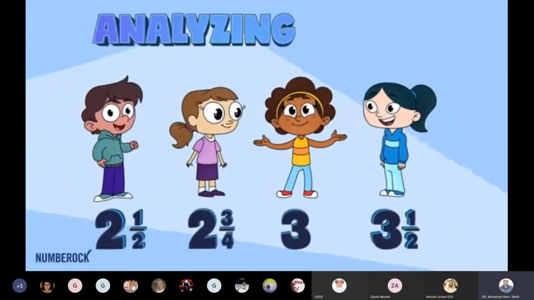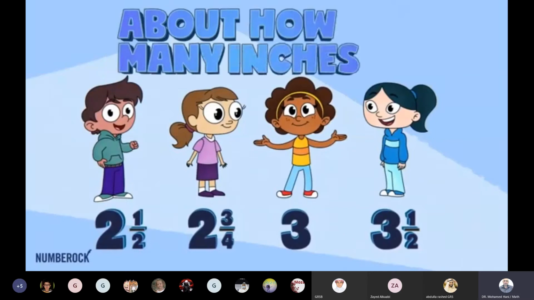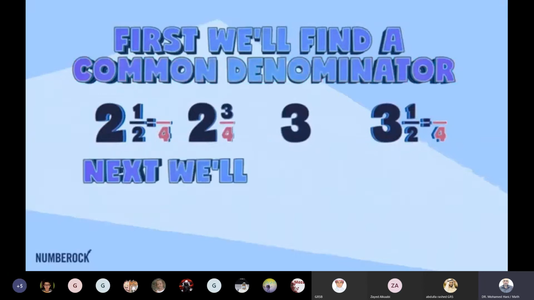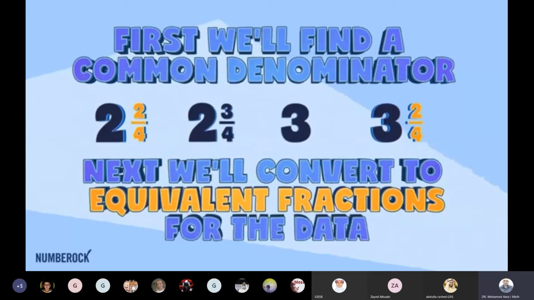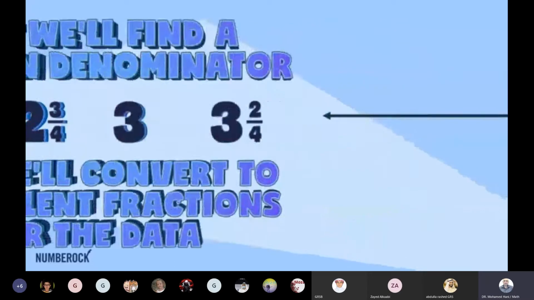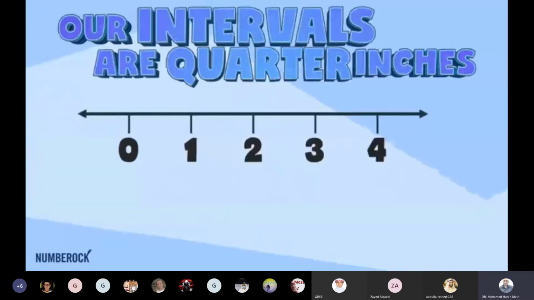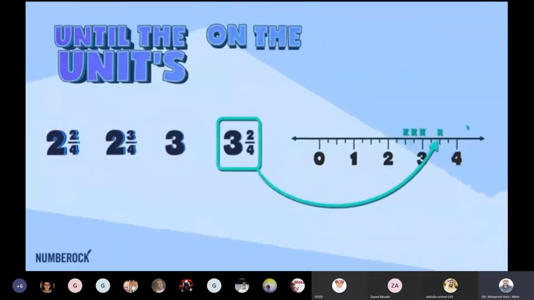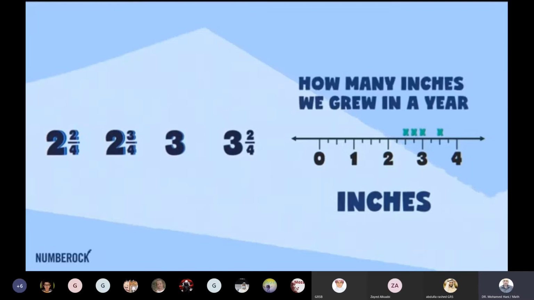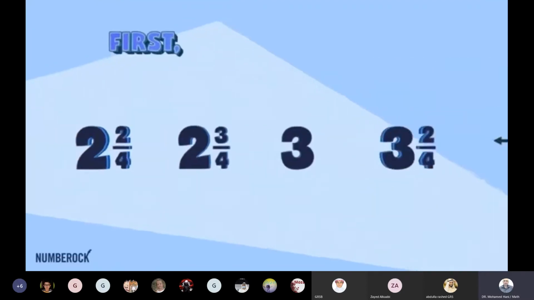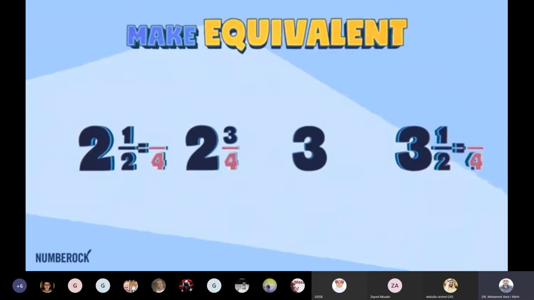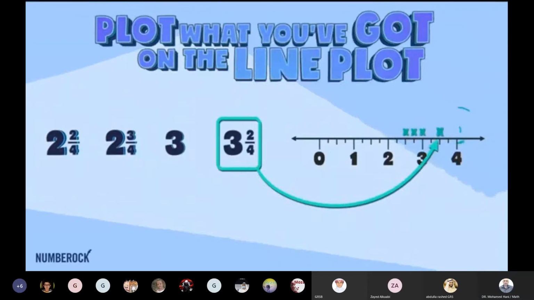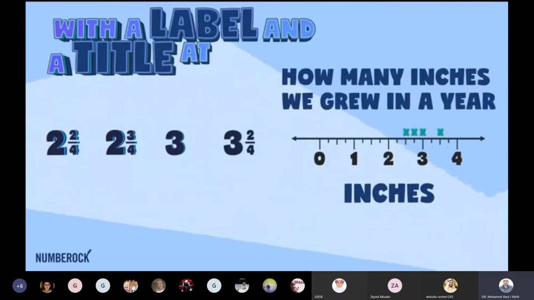Yeah, we're in the 4th grade analyzing the data we got about how many inches we grew in a year on a line plot. First we'll find a common denominator. Next we'll convert to equivalent fractions for the data. From 0 to 4 inches, we'll draw the line plot. Our intervals are quarter inches each, is given a spot. We'll plot each data point and we won't stop until the unit's on the bottom and the title's on the top. First find a common denominator, make equivalent fractions for all the data. Plot what you got on the line plot with the label and the title